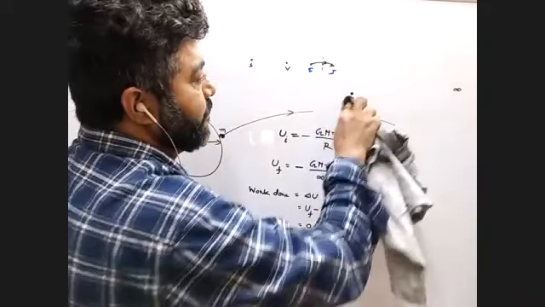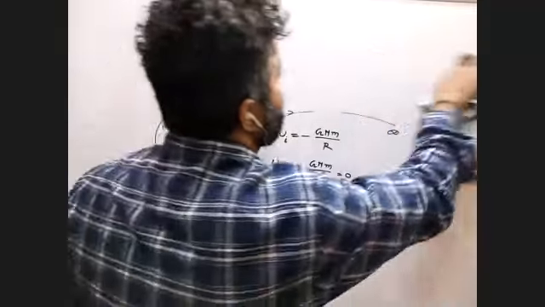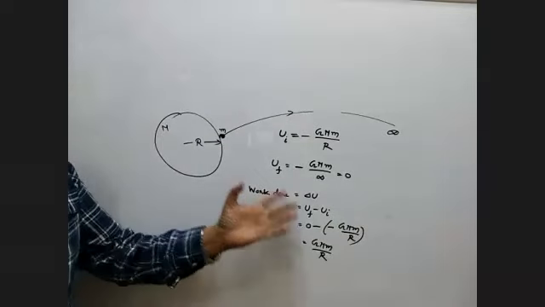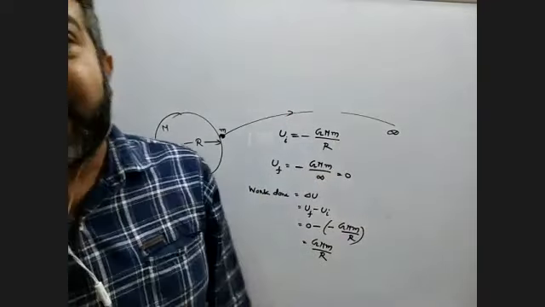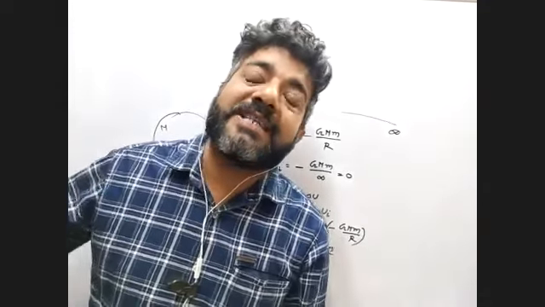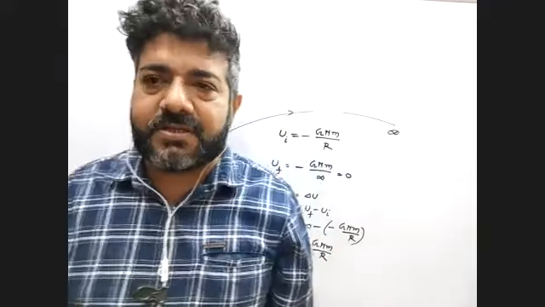Yes, sir. We will also do a question like minimum speed required to move on to another planet. That is a different issue, but here this is the work done, and here the reference is infinity, because Earth's gravitational field is a long range force. Long range means how far? Infinity. It's not a particular distance, a very large distance. Is it clear?